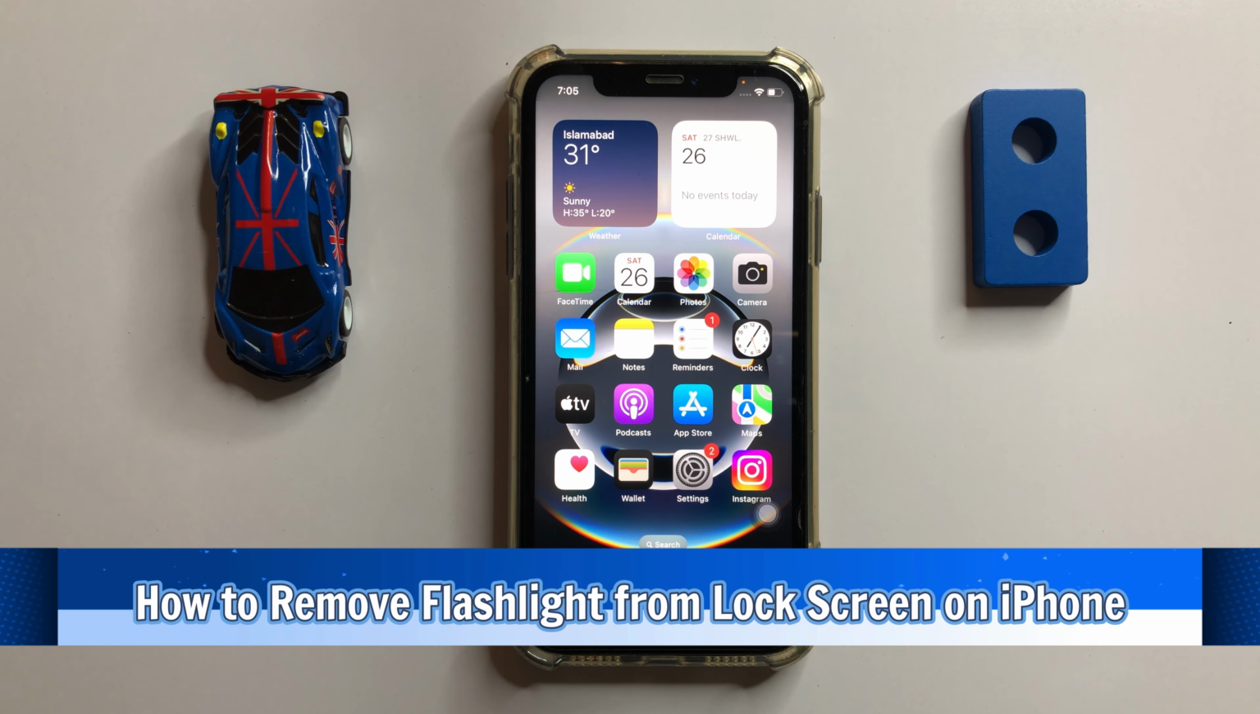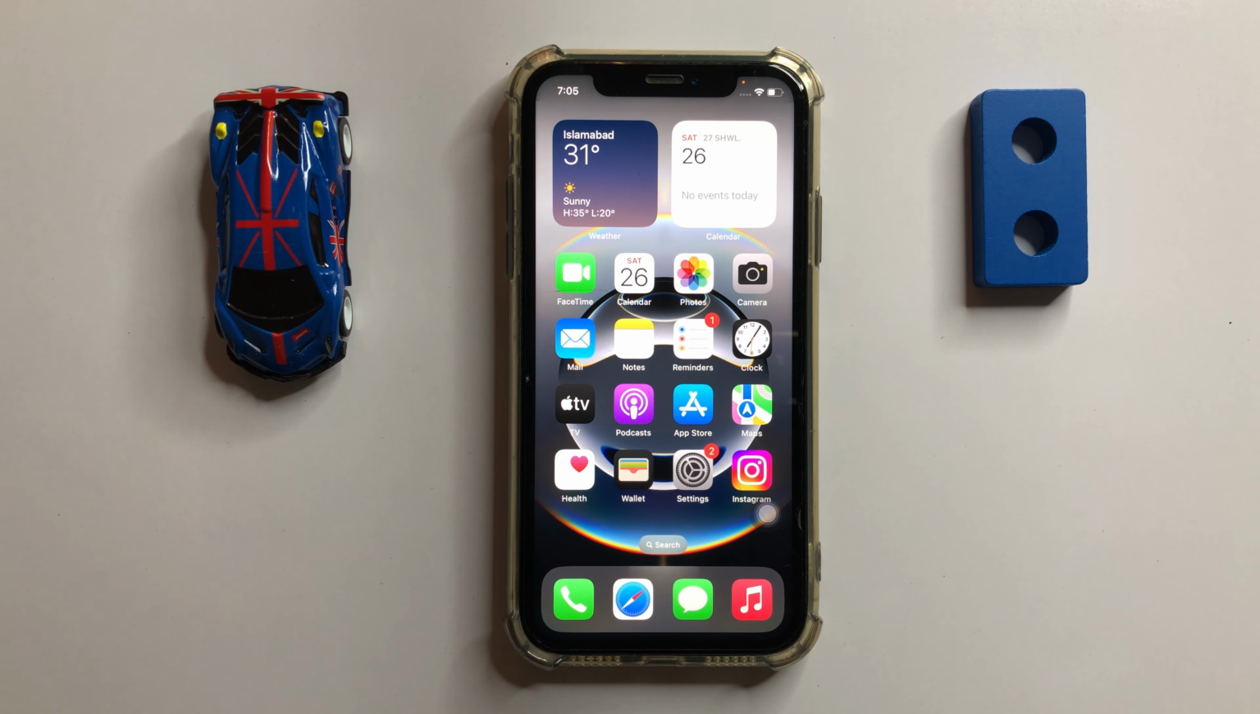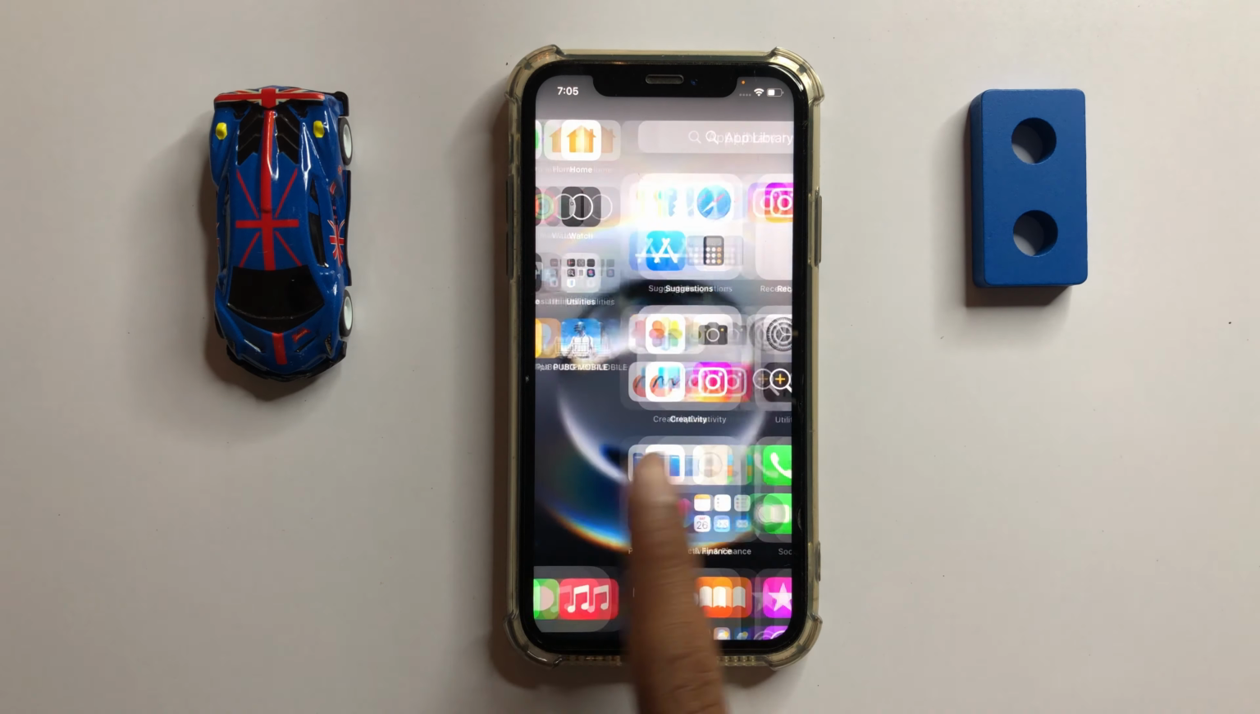How to remove flashlight from lock screen in iPhone. So let's start the video. First of all,